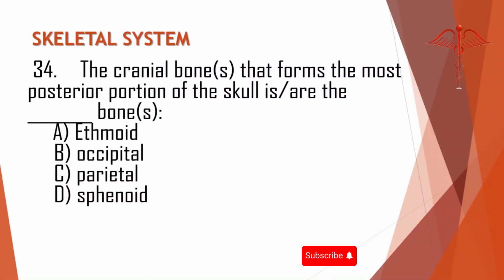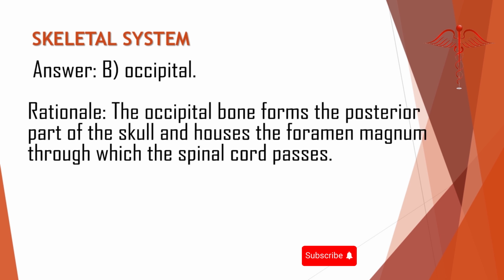34. The cranial bones that form the most posterior portion of the skull are the dash bones. A. Ethmoid. B. Occipital. C. Parietal. D. Sphenoid. Answer: B. Occipital. Rationale: the occipital bone forms the posterior part of the skull and houses the foramen magnum through which the